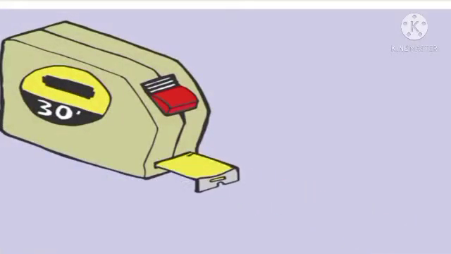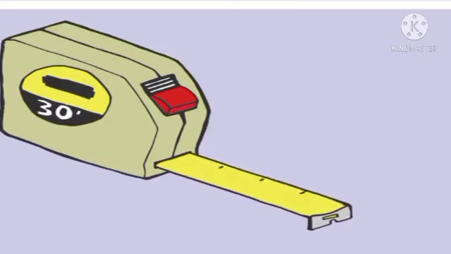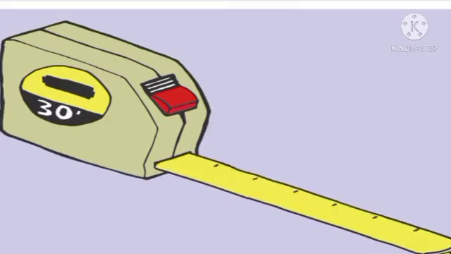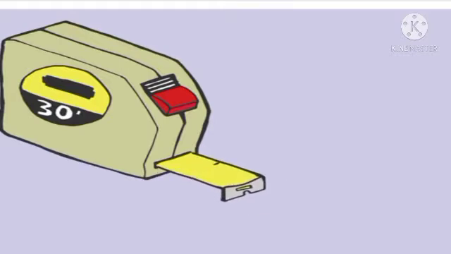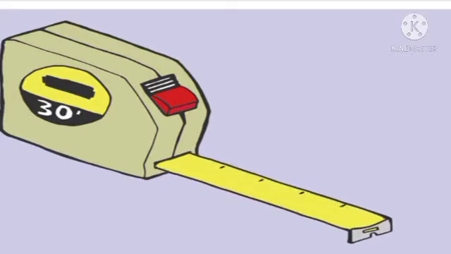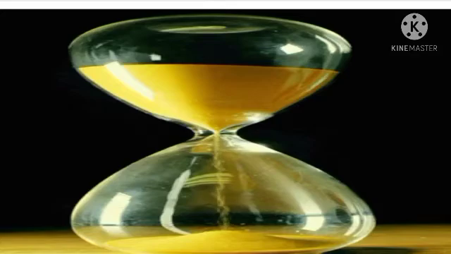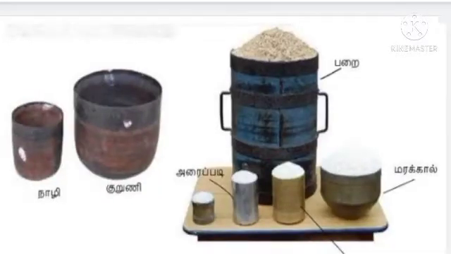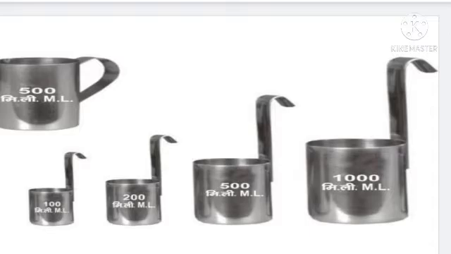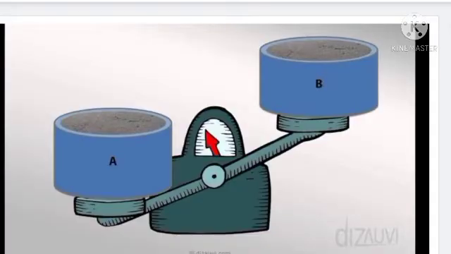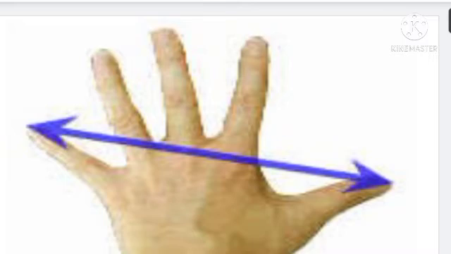See here, how the tailors will measure the cloth. By using the measuring tape, the tailor measures the cloth in textile shop. Stop clock. And students, have you heard about any other measures used in earlier days? Yes, padi, udakku, aadakku, marakal, feet, span and cubit. These are all the measurements that the earlier people used.